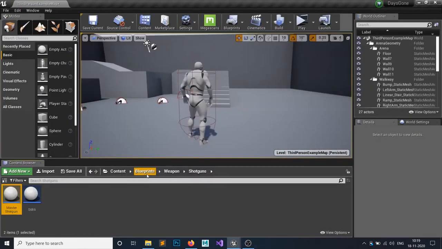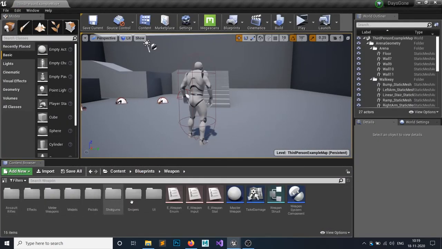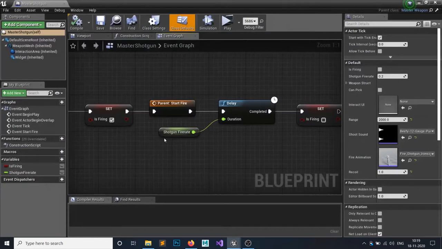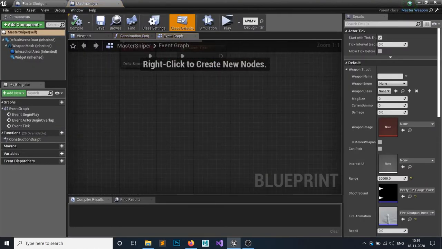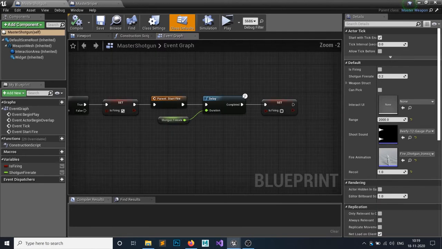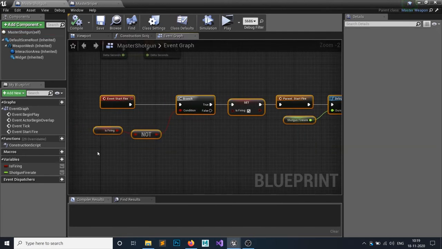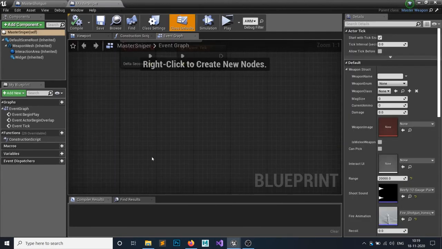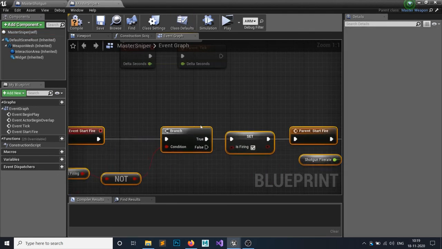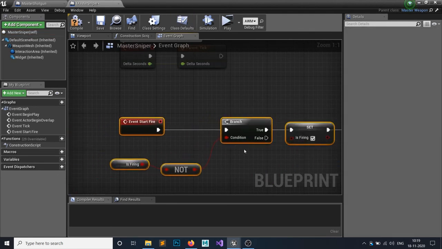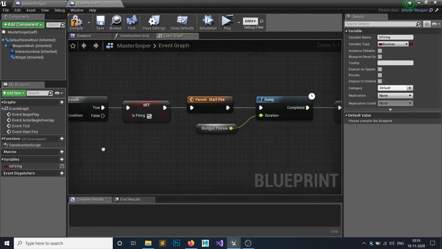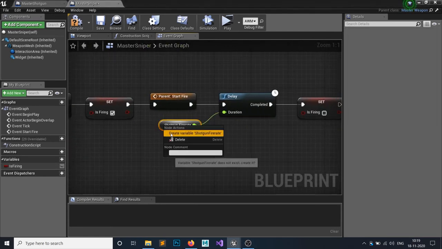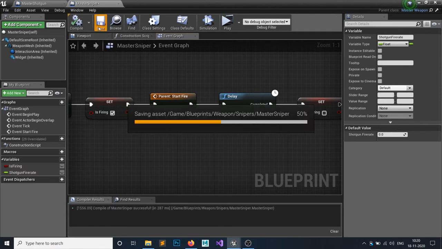So I will simply go to my weapons master sniper, open it as a default blueprint editor, and I need this thing for my sniper. So I will simply Control C, copy it, and Control V to paste it. The is firing, I will simply right click and create a variable. Same way with this, I will create a variable, compile, save.